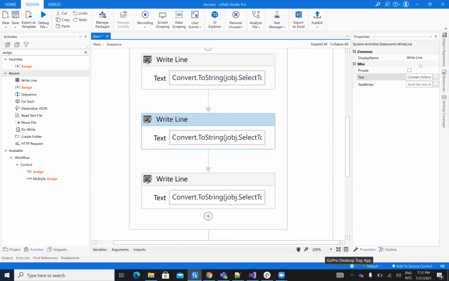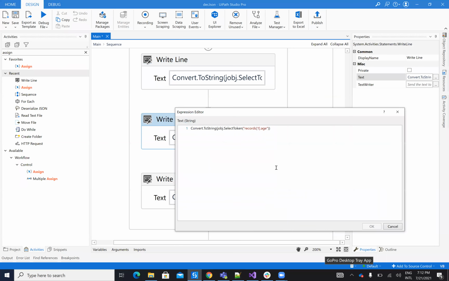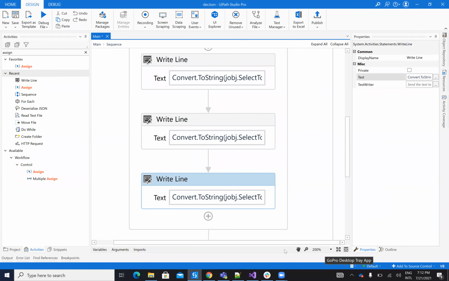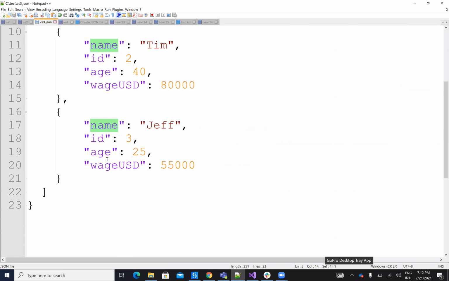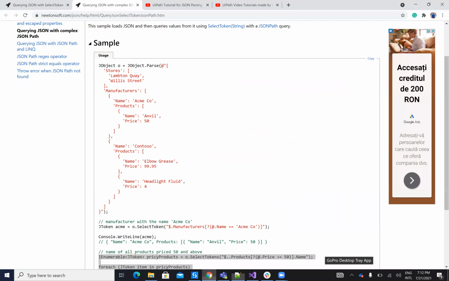Then if I want to print the second object age, I will say SelectToken records 1 age, and I convert everything to string. And if I want to print the wage of the last element, I will do this command.